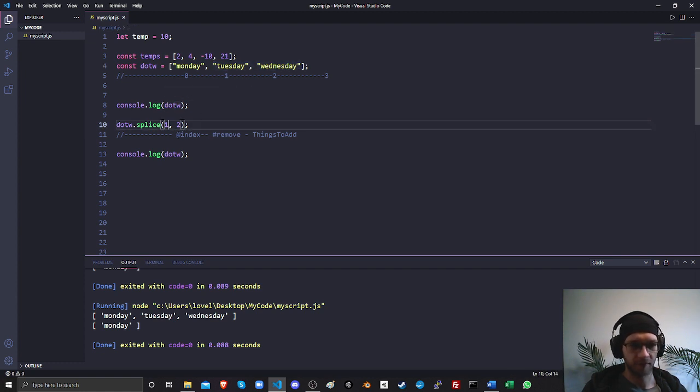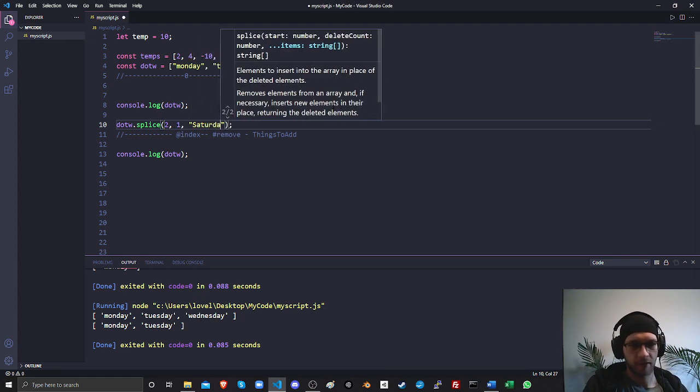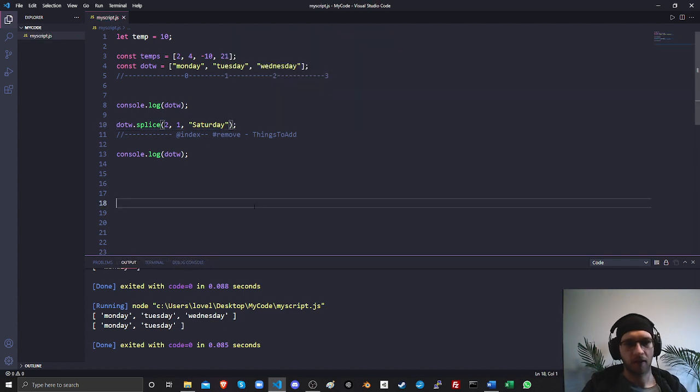I could go over to Wednesday, so let's say index 2, and let's say I want to remove 1 thing. That's going to get rid of Wednesday. And let's say I wanted to add something on, I could say Saturday, and that's just going to tack Saturday on in place of Wednesday. So Monday, Tuesday, Saturday. Right, so just play around with it, see what you can do, and I'll see you